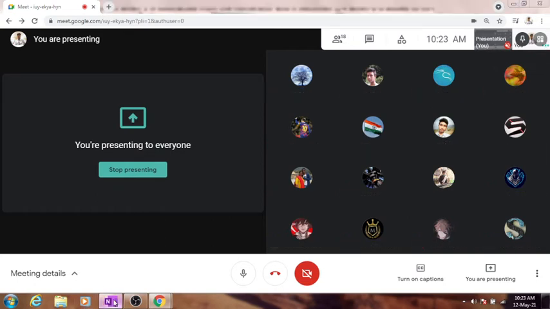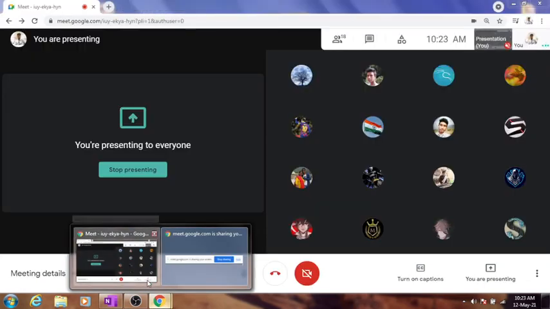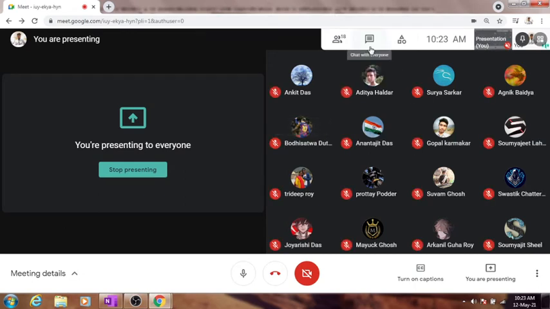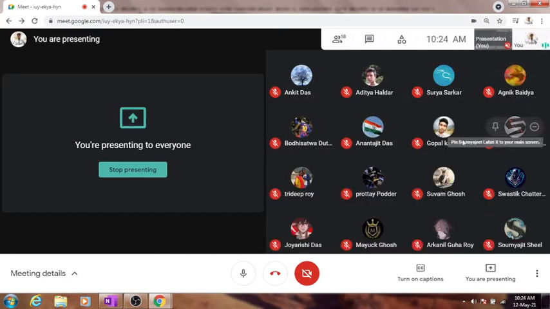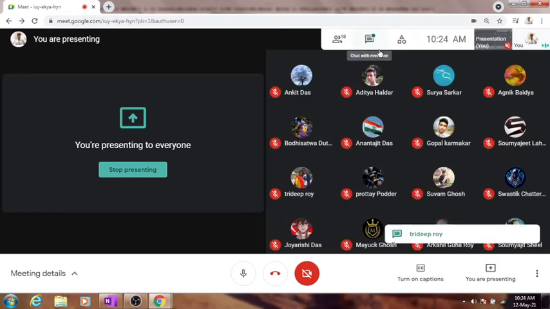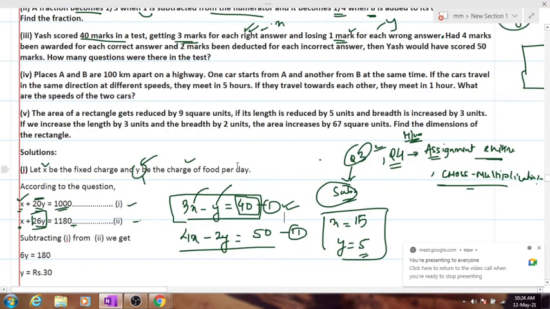How many else have got this answer? Kindly confirm. Only 2 students have told me the answer. 3 students. Rest of you are doing it. Mayuk and group. Swastik has got the answer. Gopal, Shamojit, Leri, Sheel, Swastik, Shubham, Protoy, Poddar. Everybody has done it. Trideep has done it. Okay then. Should we move on to the fourth question?